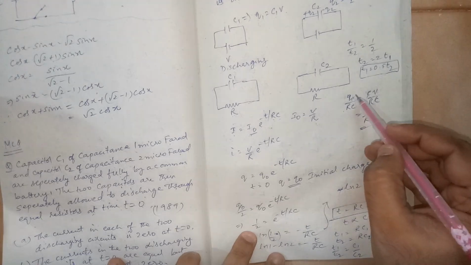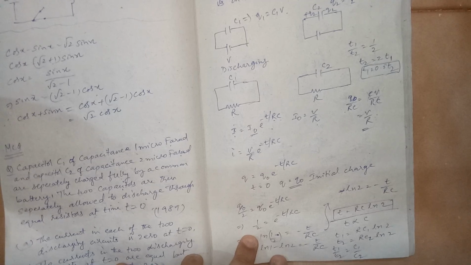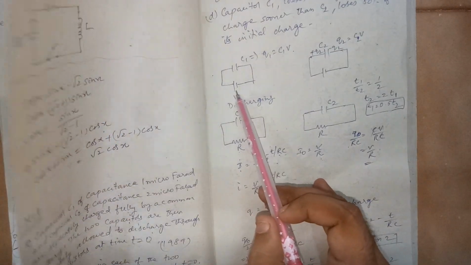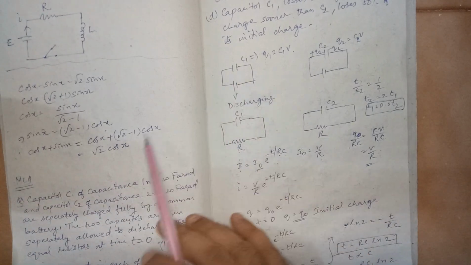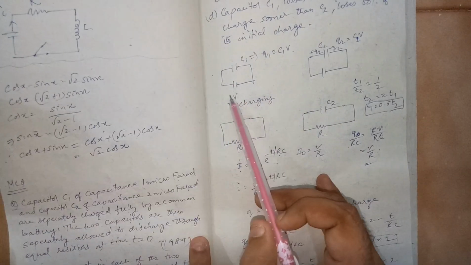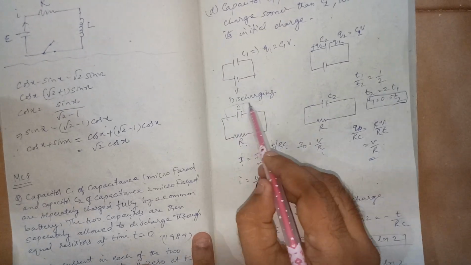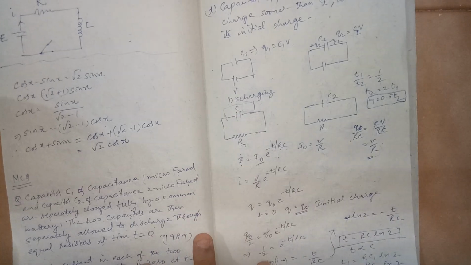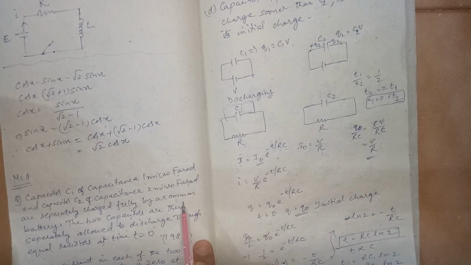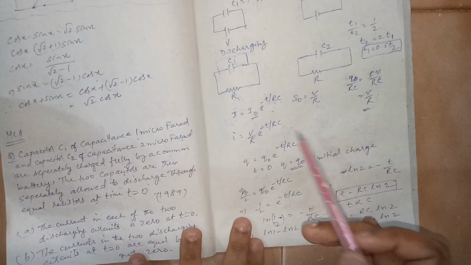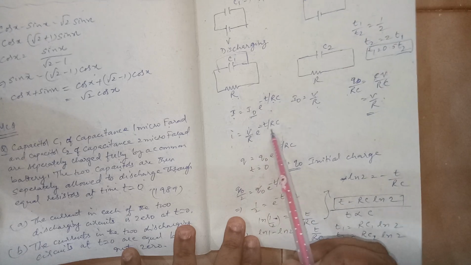This Q is written as Q0 in some books. That is the initial charge. See, when you are charging, when you are using a battery, some charge will be deposited over here, right? Once you disconnect the battery and you put a resistor, there will be some potential difference between these 2 points. What will that be? That will be V only. So our equation becomes I is equal to V by R into e power minus t by RC.